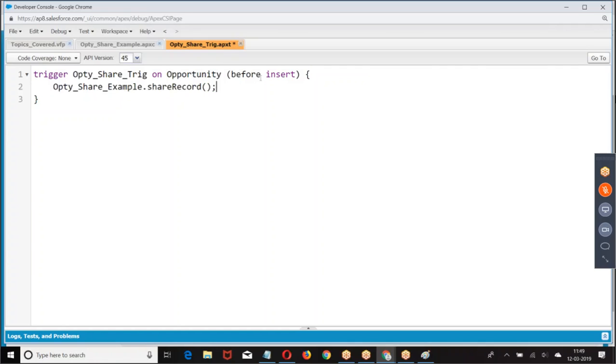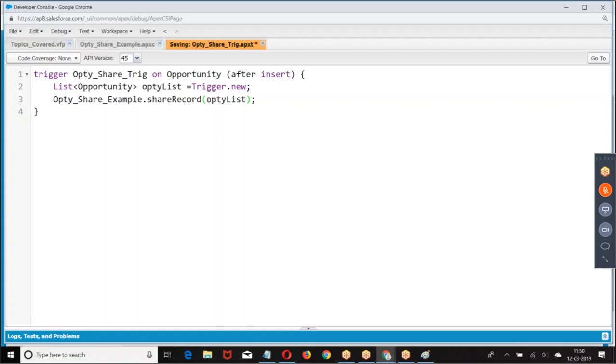Share record, but after, then I'm sharing here.